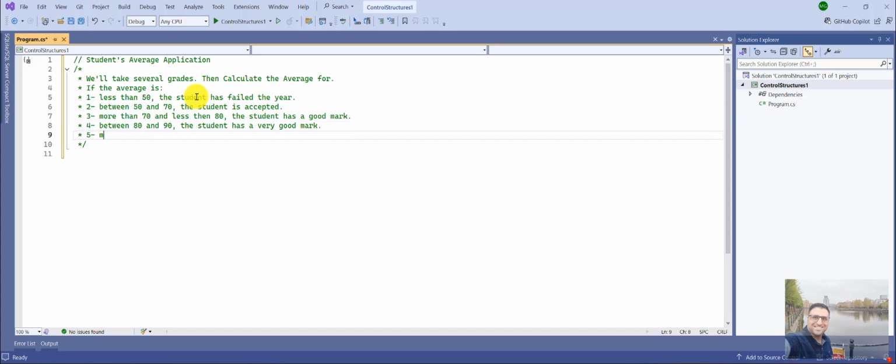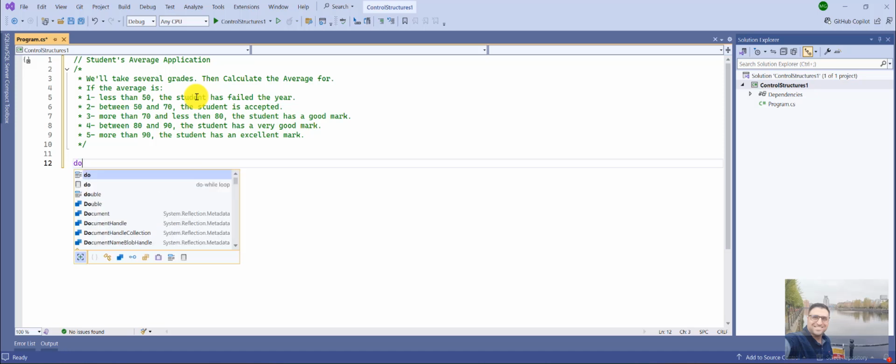And lastly, more than 90, the student has an excellent mark. Let's apply that, and in order to apply that, first we need several grades or numbers, and I'm